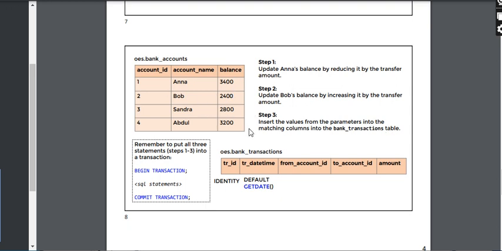And these transaction details, insert them into the bank transactions table. Here the transaction ID and transfer date: the ID will auto-generate because of the identity constraint we gave, and the transfer date time will get the system date. And from account, which account, we have to insert values into these columns,